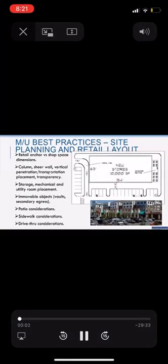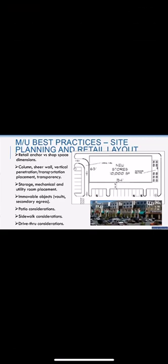So looking at this in plan view, you can see that even regardless of whether this is a single-story building or a multi-story building, in terms of retail, retail ideally wants to be about 60 feet deep. It can work at less of a depth, but there's a point when it gets less than 50 feet when it begins to be problematic. And certainly when it gets deeper than 70 feet, it becomes problematic. So 55 to 65 feet is ideal for retail, with 50 to 70 really being